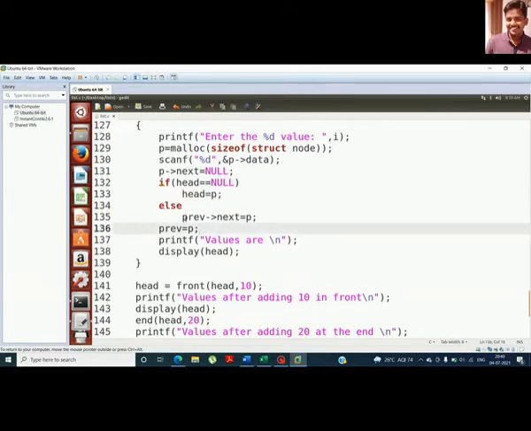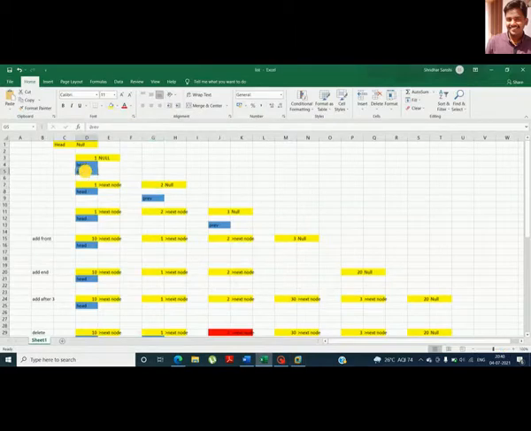What is the else? Previous of next equal to p. What was previous pointing to? Previous was pointing to head, right? You can see here previous is pointing here. So previous of next means this location. In this location I'm going to add the address of this particular node.